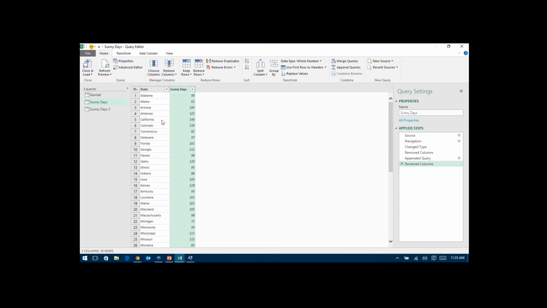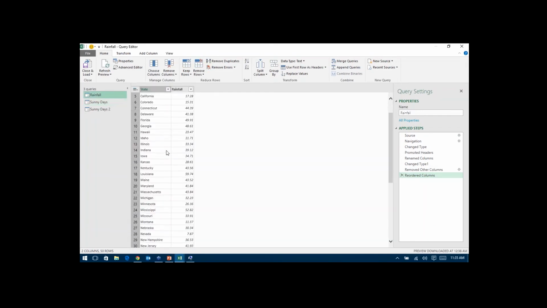All right. So I'm going to close, and actually close one more thing. I'm going to skip a couple of steps here just for time's sake. So one thing I do want to do inside of here is combine the sunny days with my rainy days data. So I have 50 records inside of both of these. Each lists all the states, and so the same key column for the state, but I want these data columns to both be in the same table.